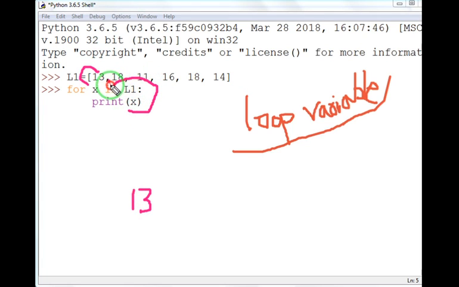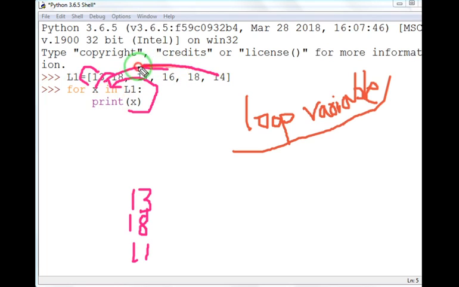The control will go back to the for, and the next value of L1, that is 18, will be assigned to X, then it will print 18. After that the next value 11 will be assigned to X, the loop variable, and it will print 11. Next 16 will be assigned to X. In this manner all the elements present in L1 will be assigned to X one by one.